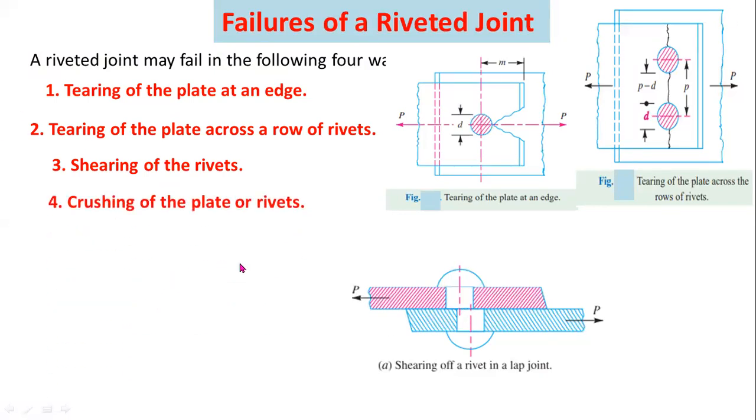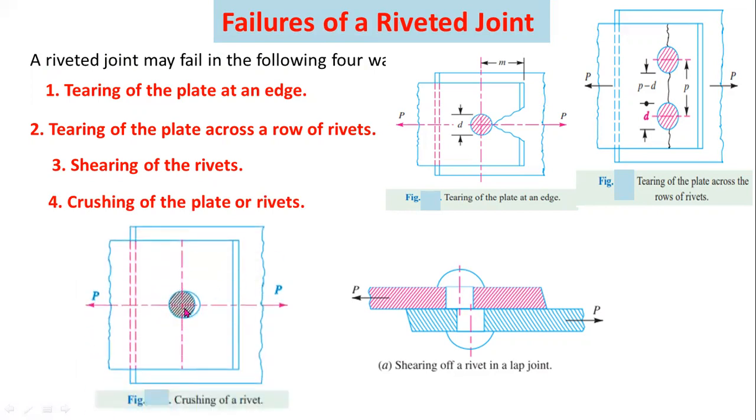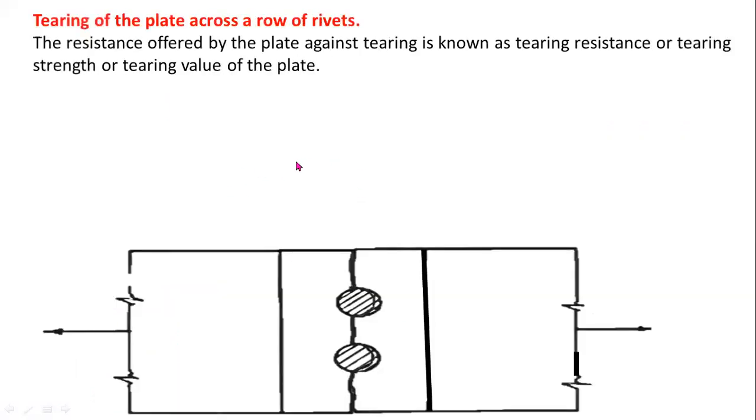Fourth failure is the crushing of the plate or the crushing of the rivets. Here this failure is crushing. These four are important for the design of the riveted joint. Now coming to the design formulas. First,